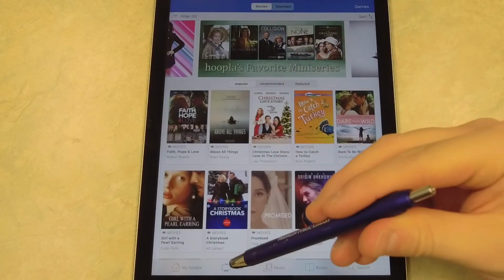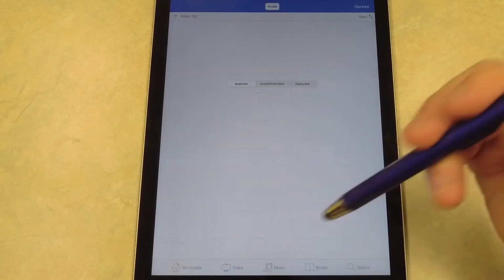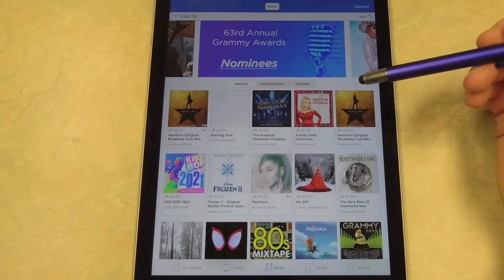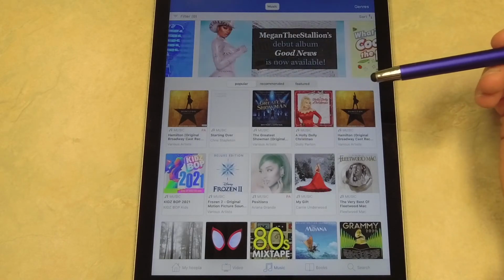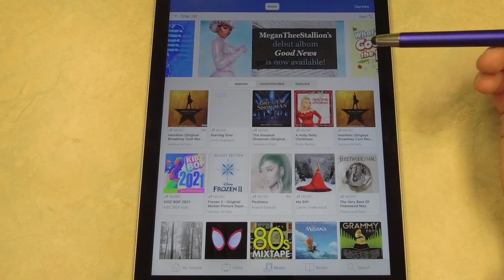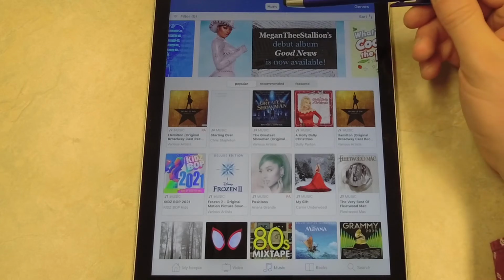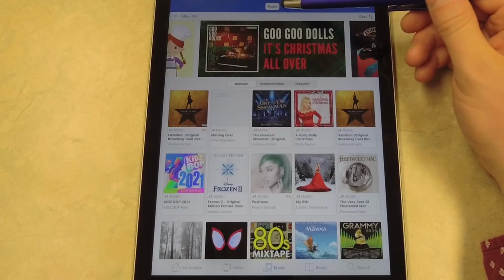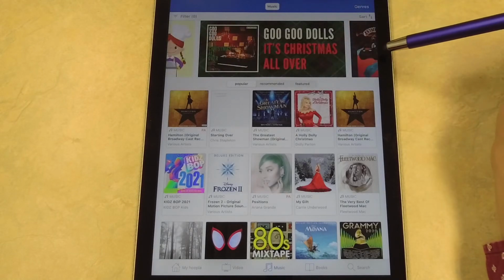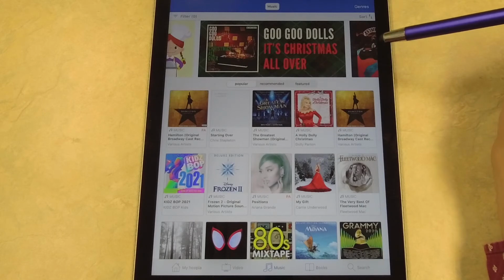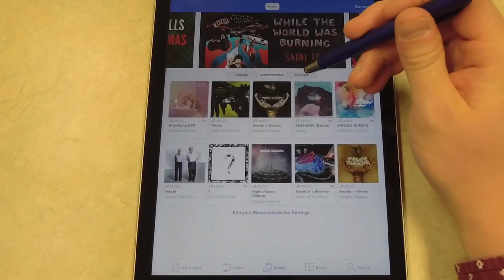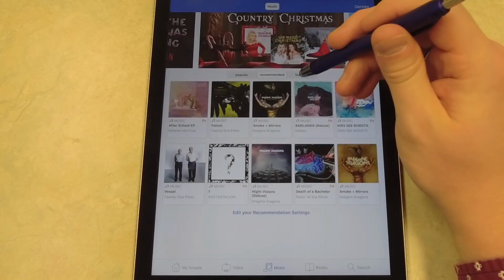All right, so now let's move over to music. Right off the bat, it should look very similar to the movies, and this is intentional. It's supposed to look pretty similar. Up here you can see it's just music. There's no other option, whereas with video there was movies and television. We've got the little carousel that displays different things, and then we have the popular, recommended, and featured